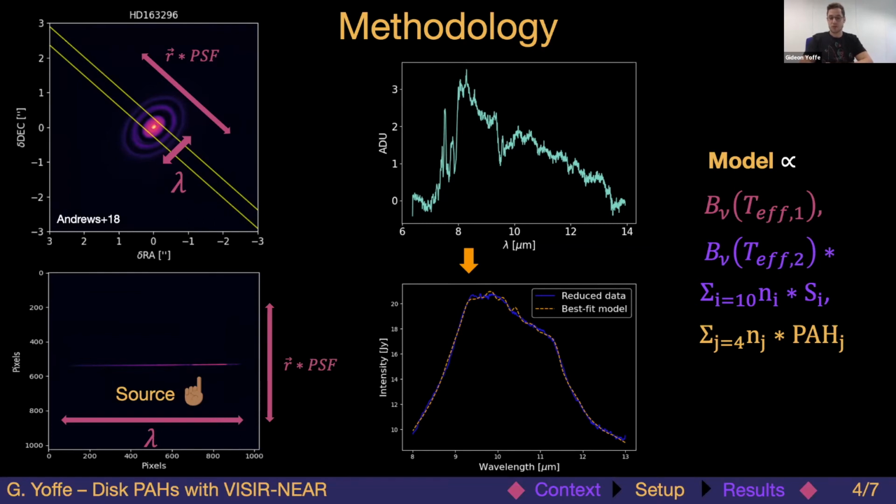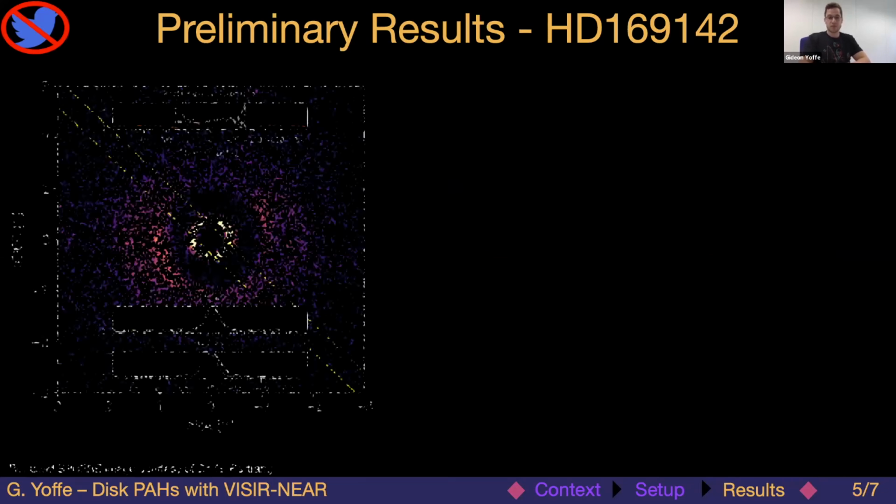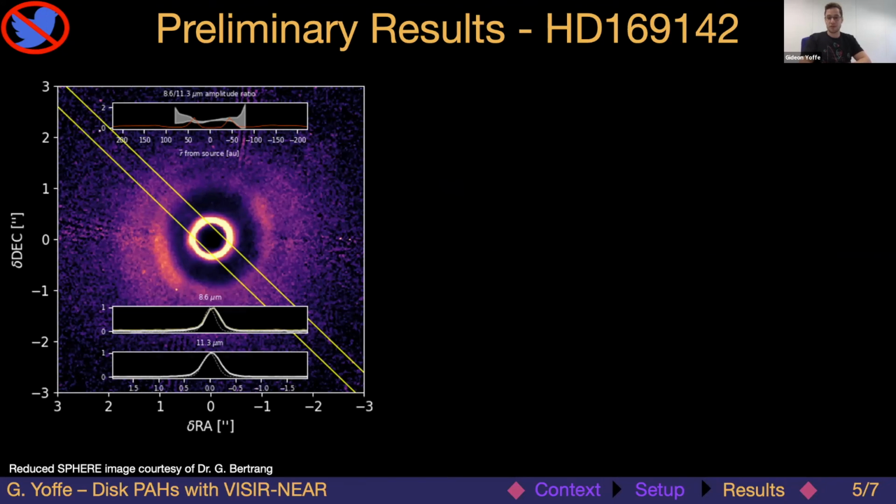These are then used to reconstruct the radial PAH profile of the object. And now I'll present preliminary results for 2 of our targets. I'd like to begin with HD 169142. In this beautiful plot, the image is the scattered light image, courtesy of the SPHERE Consortium. The yellow rectangle represents the mean orientation of the slit during observations, and best fit radial profiles of the 8.6